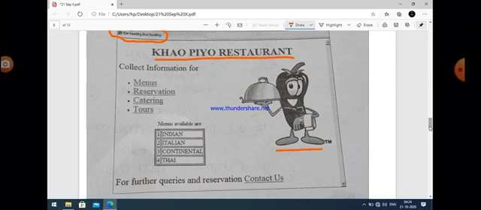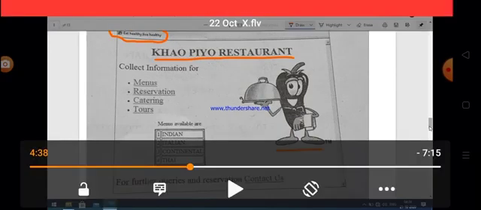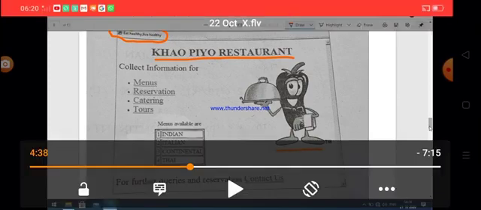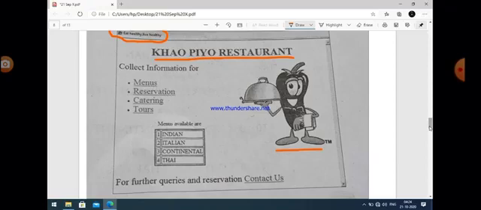But in this question, height and width is not given. Okay, and we know that for inserting an image we use the tag img, and with it we use the attribute src, in which we give the name of the image or the URL of the image. Since the location of the image is not given, we just consider that the image and the source code are in the same location, so we just mention the name of the image.